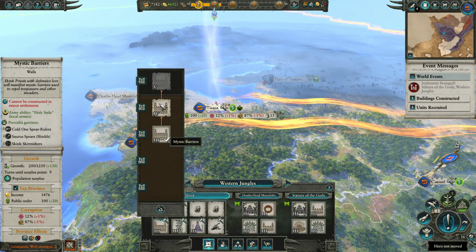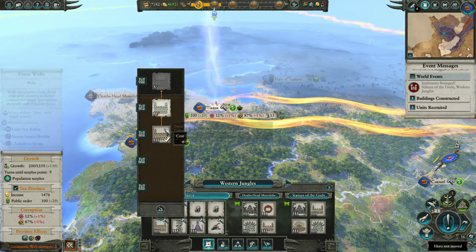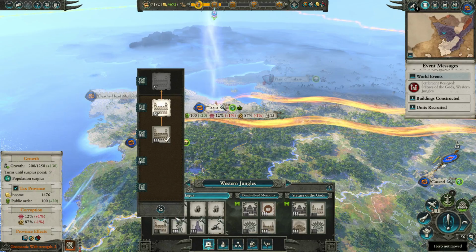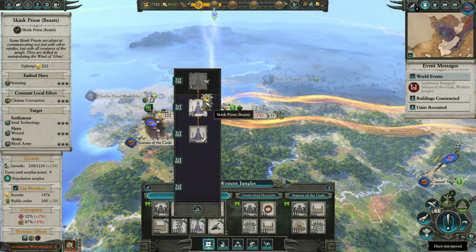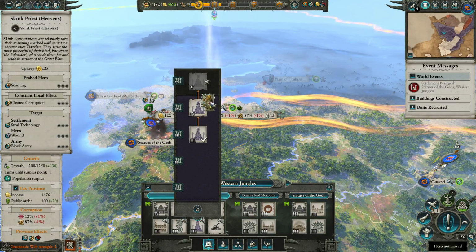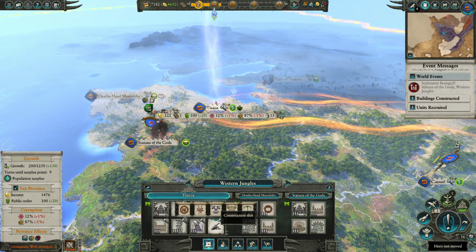And it gives us the chameleon skinks instead of the skink skirmishers, and it gives us 1 more Saurus per shield. It's not particularly good, to be honest, this upgrade. Next one after that is, though, because it gives temple guards. This gives us the ability to recruit skink priest and beast in heavens. Skink priest beast. We get...